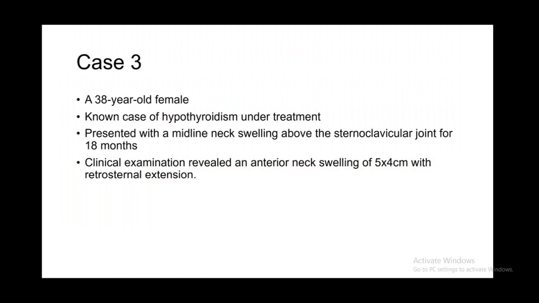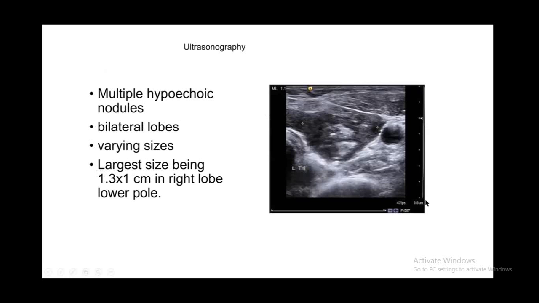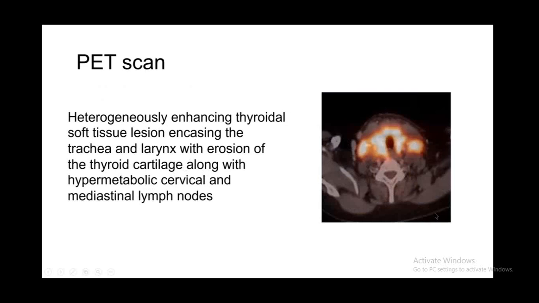original primary site tumors. So case 3 is a 38-year-old female who was a known case of hypothyroidism. She presented with a midline neck swelling, and this swelling was about 5 centimeters with retrosternal extension. Ultrasound showed multiple hypoechoic nodules involving both lobes, and the largest was 1.3 centimeter in the lower pole of right thyroid. PET scan, which the patient had already done from outside, showed a heterogeneously enhancing thyroid soft tissue, which was